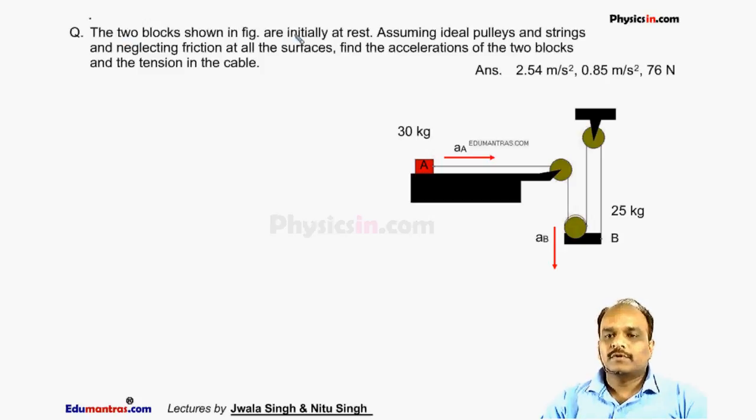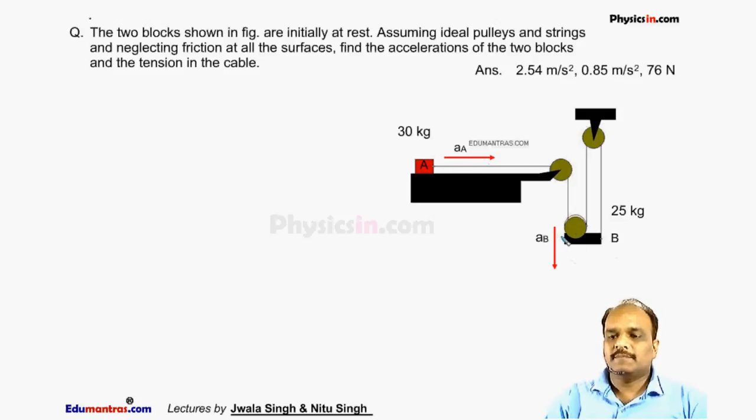The two blocks shown in the figure are initially at rest. Assuming ideal pulley and strings and neglecting friction on all surfaces, find the acceleration of the two blocks and the tension in the cable. Now here we will see, let the acceleration of this block A be A and the acceleration of